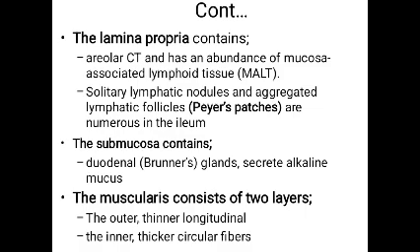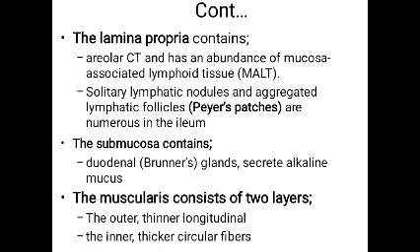That means Peyer's patches, which are numerous in the ileum. The submucosa contains duodenal or Brunner's glands, which secrete alkaline mucus. The muscularis consists of two layers: the outer, thinner longitudinal, and the inner, thicker